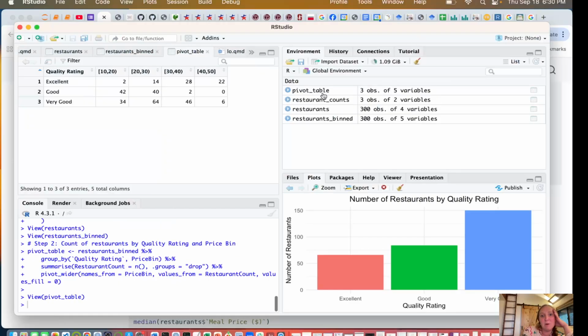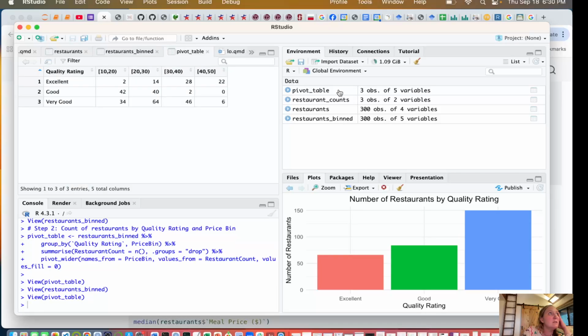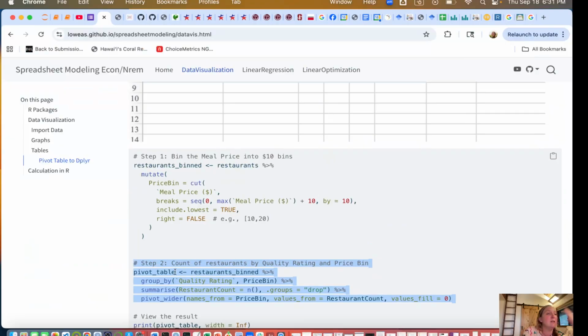So now here's the pivot table. And that long 300 observations is now 3 rows. Excellent, very good. And then they had the bin quality, and then they summed it all up in the middle. So you can see a little bit of how this is